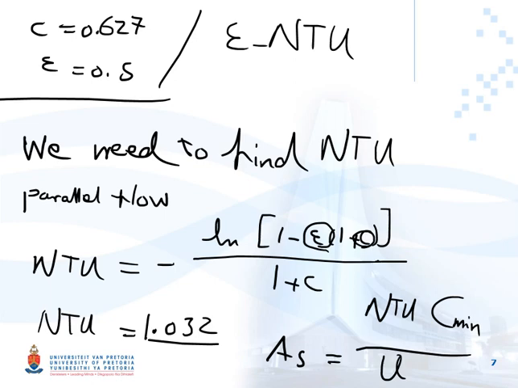So it's very simple to write that correlation. The only problem is how to find the convection heat transfer coefficients. Sometimes they will be very complicated, because first you need to find Reynolds, you need to find Prandtl, and after that, based on the Reynolds number, you need to find out what kind of flow you are talking about. Is it laminar? Is it transient? Is it turbulent? And after that, you need to go to the right chapter to find the right correlation,